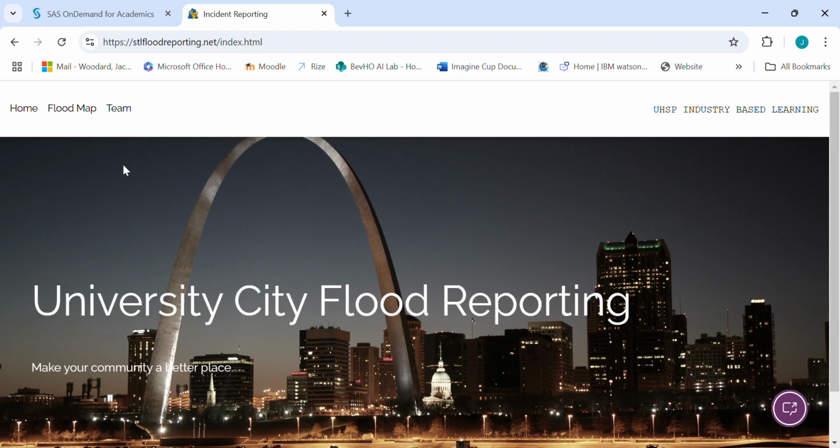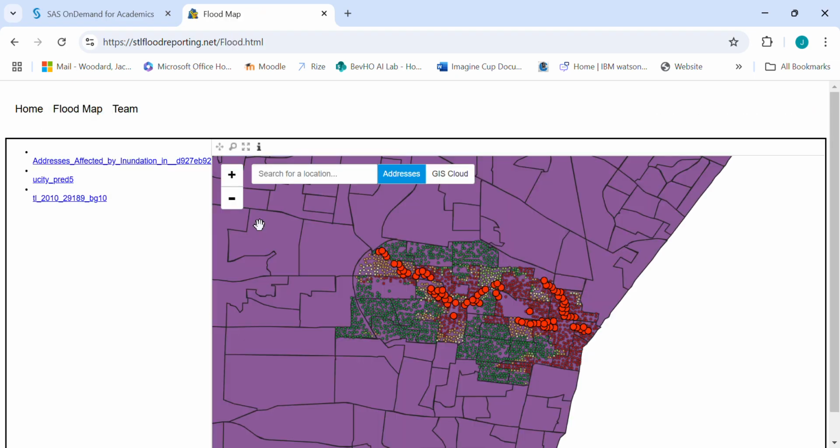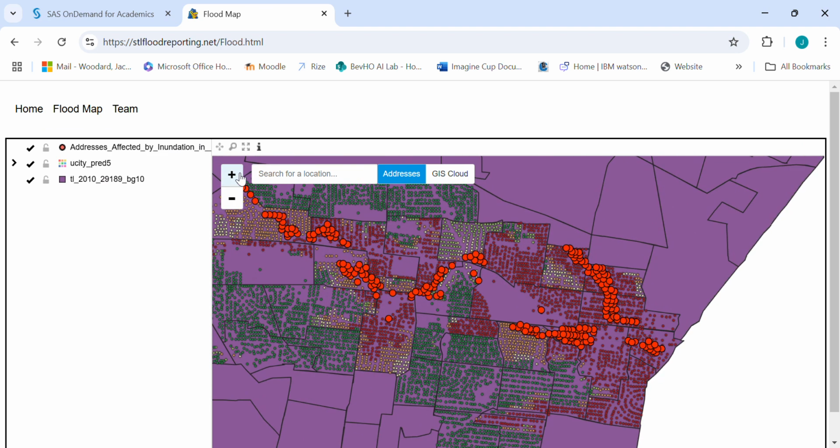Next, we're going to take a look at the flood map that we have created using QGIS and our machine learning model. So I'm going to go ahead and zoom in. This map right here, I know it kind of looks like a map of the United States, but this is just a map of University City, and these little blocks are block groups within University City.